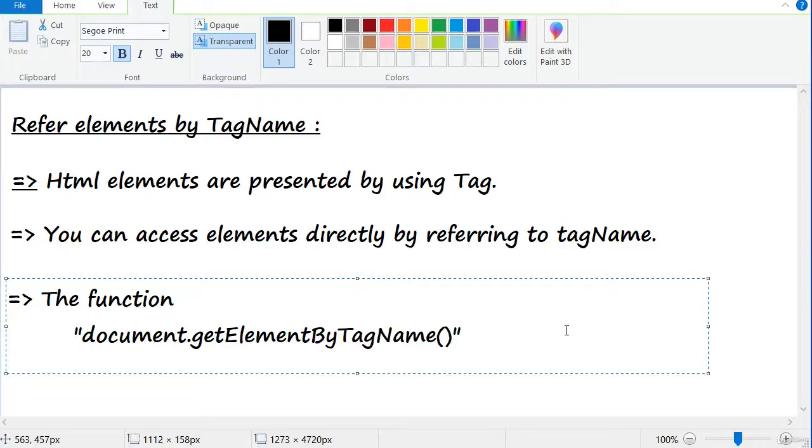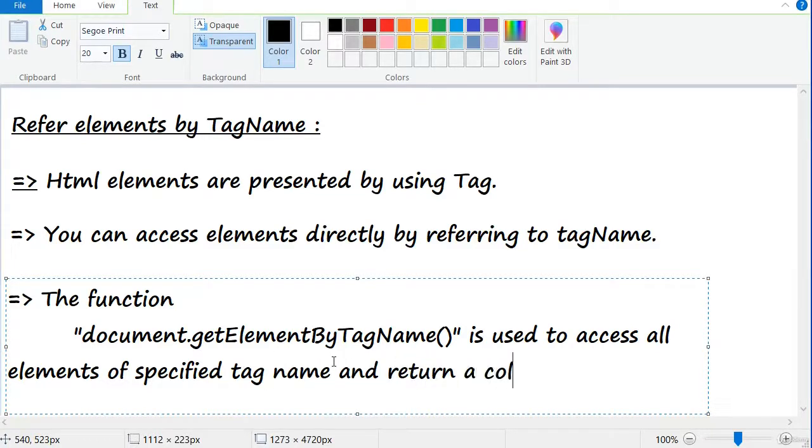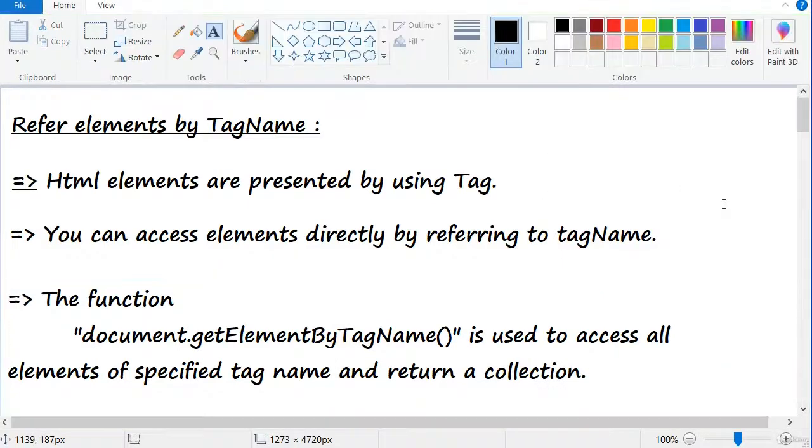Document dot getElementsByTagName is used to access all elements of specified tag name and return a collection. So this is about referring elements by using a tag name. We will see a real world example of how we can implement referring elements by tag name.